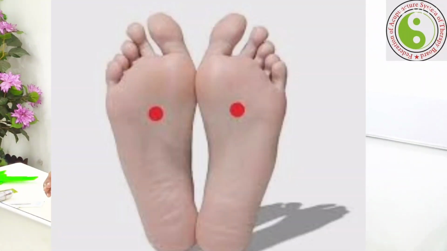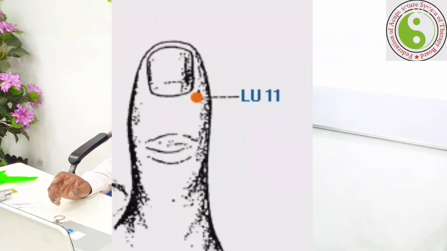When the person is in a coma, where the hospital people keep them on the bed for several months, make sure you apply these 4 points that I want to tell you for coma conditions. Certainly that will be helpful. One point of course is Yung Chuan, that is K1. The second point is Shaoshang, that is LU11. The third point is Shaochung, that is H9, and the fourth point is known as Renchung or Tuichuan, that is Du26. So these are the points.